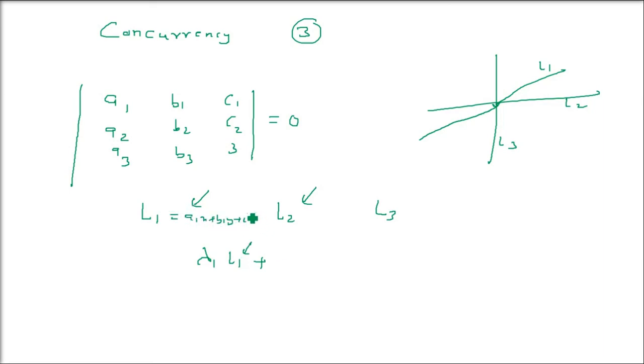where L1 is a1x + b1y + c1, you have to replace here; lambda 2 into L2, that is a2x + b2y + c2, and lambda 3 into L3, a3x + b3y + c3 equals 0. So this is the condition of concurrency of three lines. Now we have